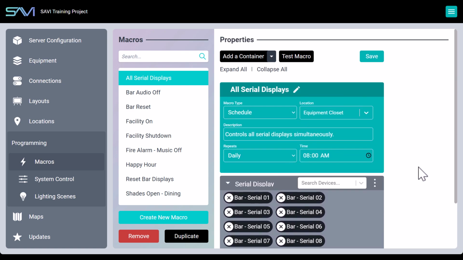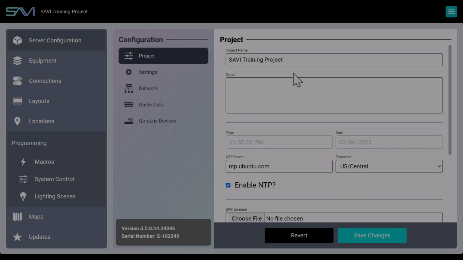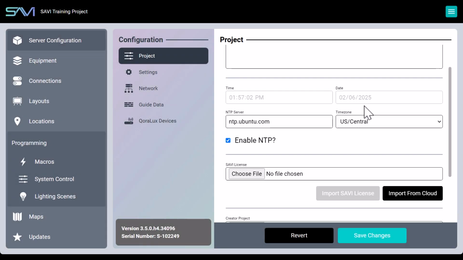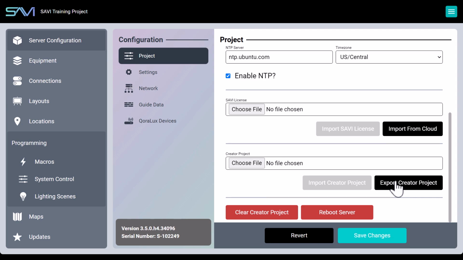One final note is that after all your custom drivers are saved, you can export the SAVI project and import it to a newly installed server where those drivers will be needed. This can save you a lot of time if you're intending to use these drivers in multiple venues. This concludes the video on creating